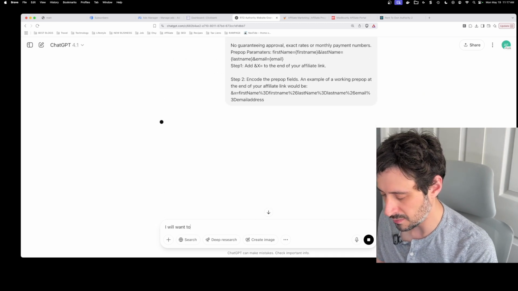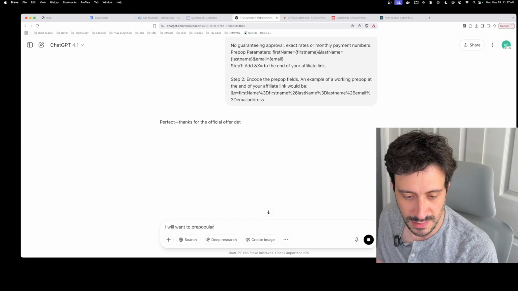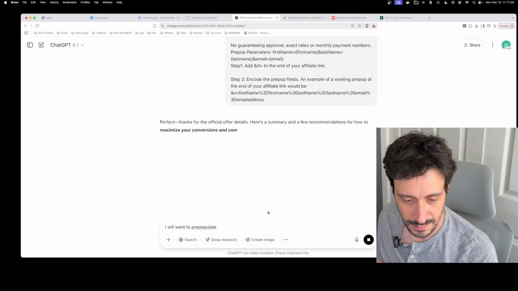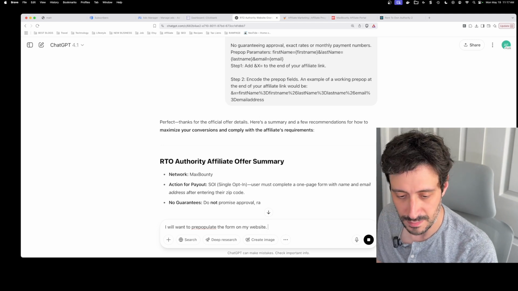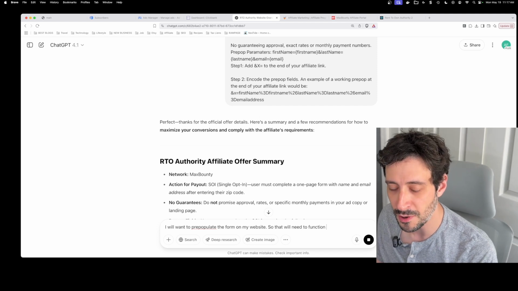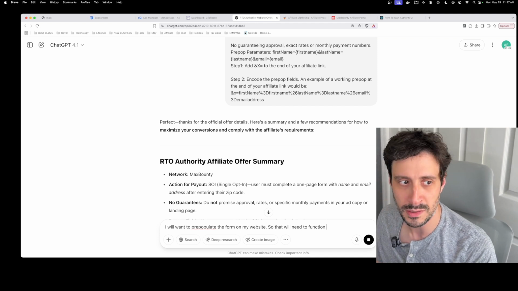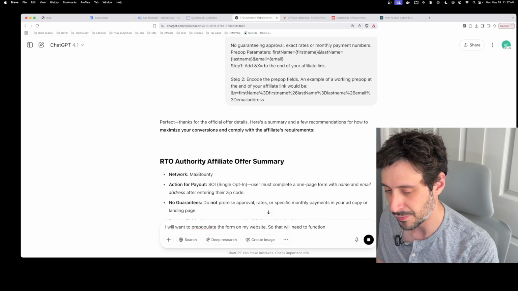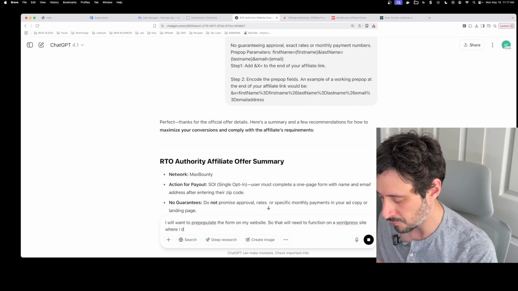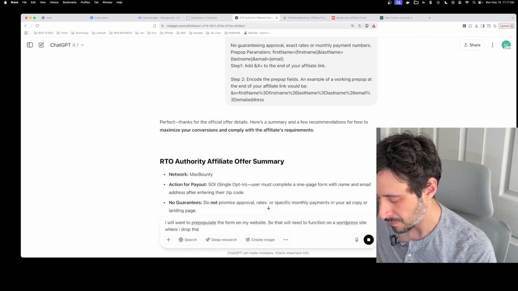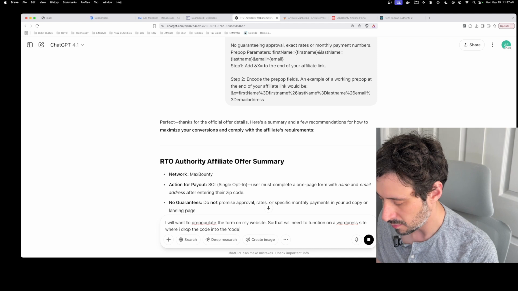I will want to pre-populate the form on my website, so that will need to function. And since I'm using WordPress, what we're going to need is it needs to be friendly with WordPress. So we need that to function on a WordPress site where I drop the code into the code tab, but